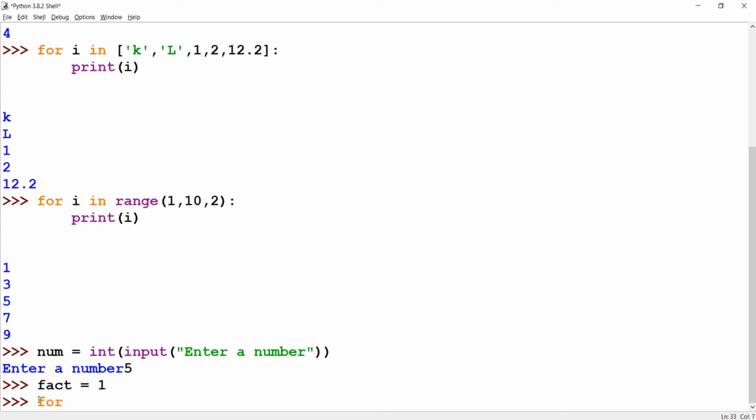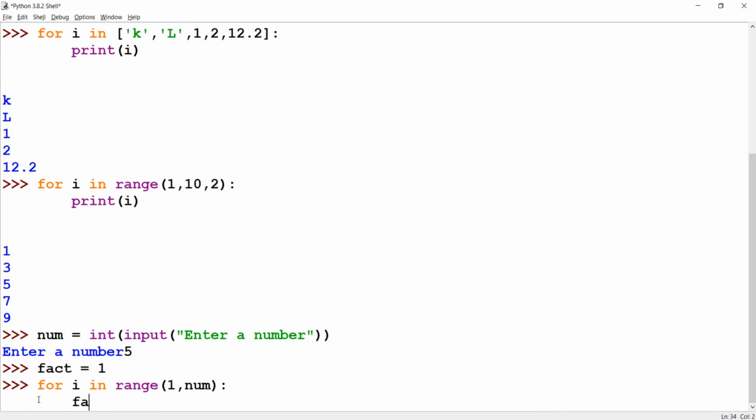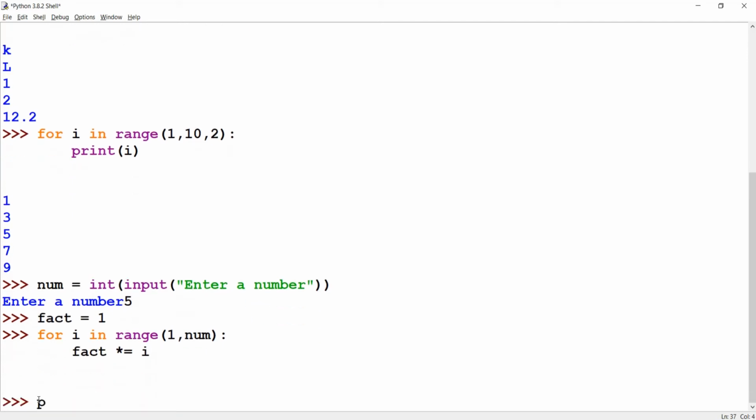Now for i in range from 1 to num colon, fact multiply equal to i. Now we'll print fact.